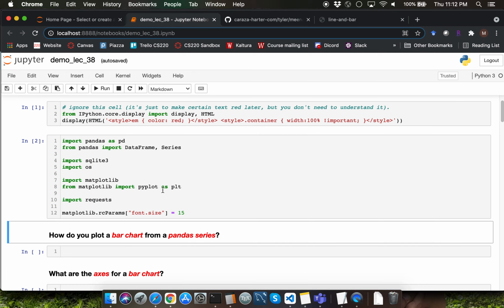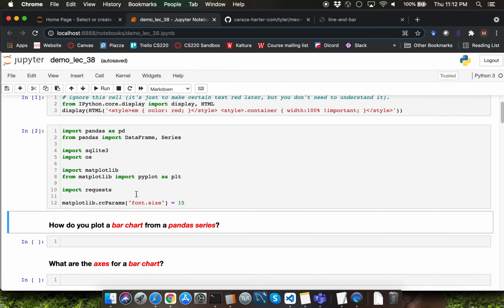Recall that pyplot enables us to manipulate subplots within a figure. Using pyplot, we'll be able to write a generic function which applies specific settings to a blank plot. We can then use that generic function to produce consistent plots within a single Jupyter notebook file or for the purpose of a PDF publication file. Producing consistent plots would make your research publication more readable. I'm also importing the request module.